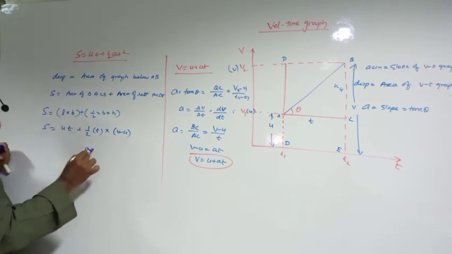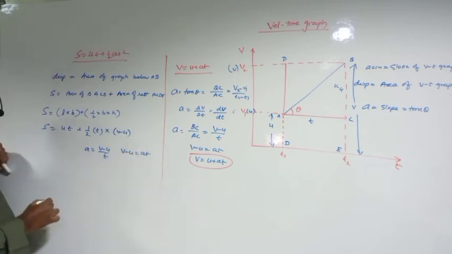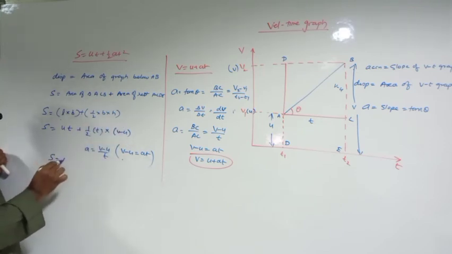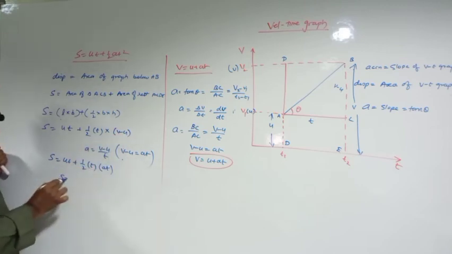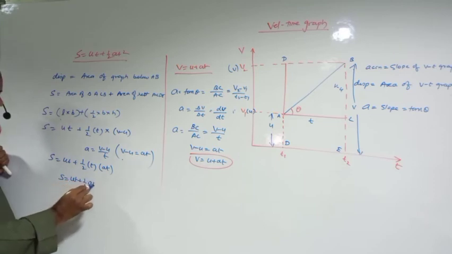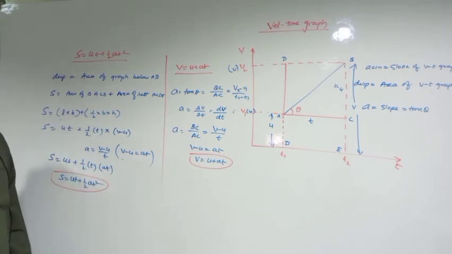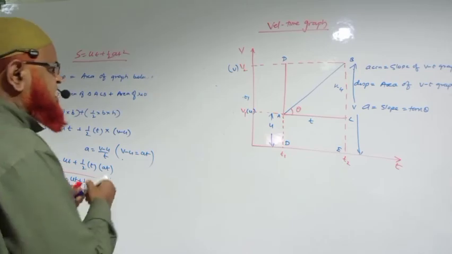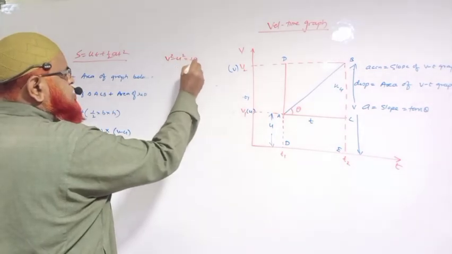But a is equal to v minus u by t. Can you write v minus u as at? Substitute here. So s is equal to ut plus half t, v minus u can be written as at. s is equal to ut plus half at square. Got the second equation of motion also? Yes. Now you have to find out the third equation of motion. What is that? That is v square minus u square is equal to 2as.